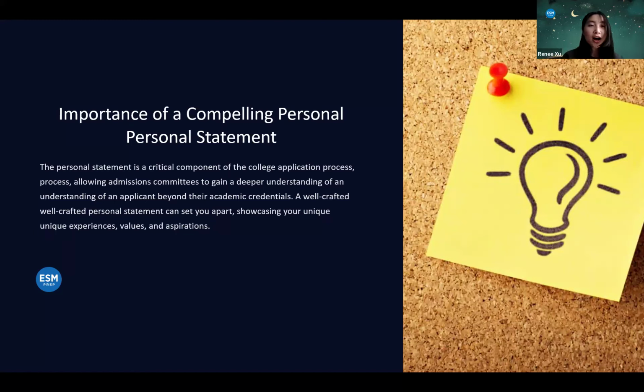If we were to talk about a thesis, there's this academic understanding of a thesis that students have, which is that last sentence at the end of an introduction. That's not what we're talking about. We're talking about the fundamental trait that you want colleges to know about you. So when you have somebody read your personal statement, in the minute you get, what words about you pop off the page? That's what we're looking for in a great personal statement.